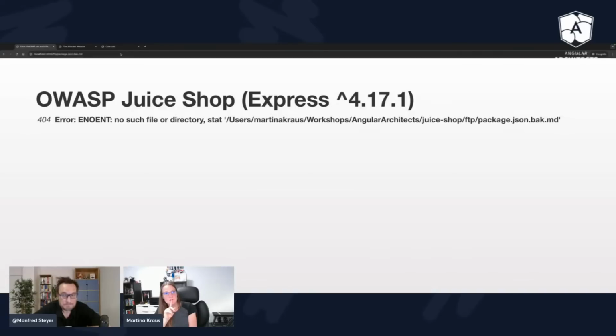Okay, I must do it in a different way. A typical attack is to still try to trick the Express server to read my request as a Markdown file, but to make this .md extension vanish when it gets to the file server.